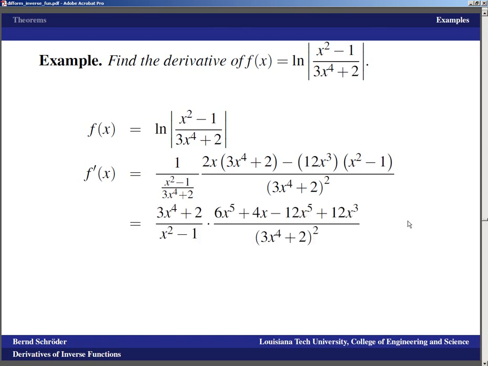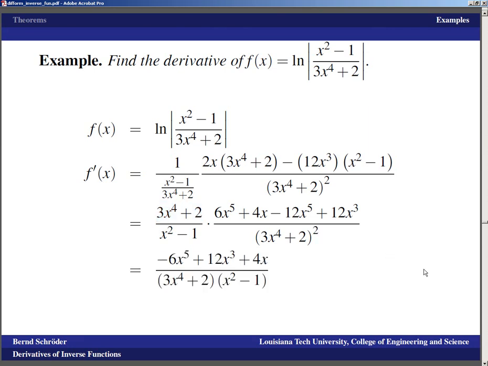And, well, now we keep simplifying. 1 over a fraction is, of course, nothing but multiplying with the reciprocal of the fraction. And if we multiply out the numerator here, we get 6x to the 5th plus 4x minus 12x to the 5th plus 12x cubed because of the double negative sign. Everything else stays the same. Don't try to multiply out the denominator. Anything that's factored has a chance to cancel,